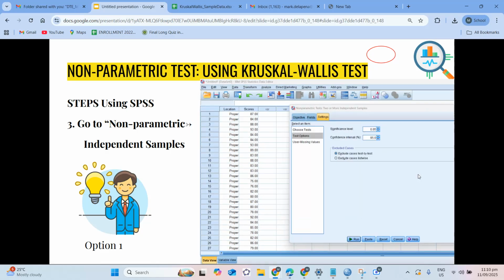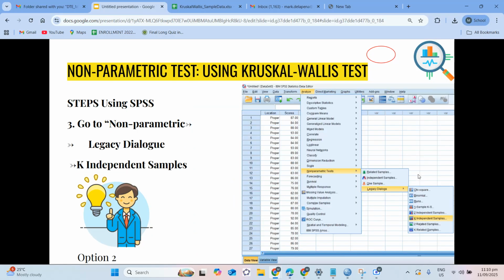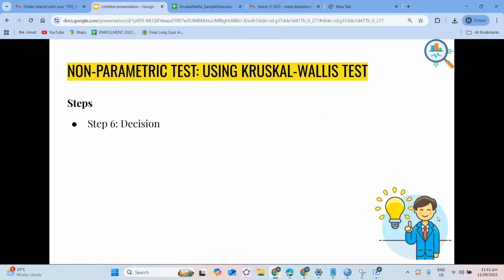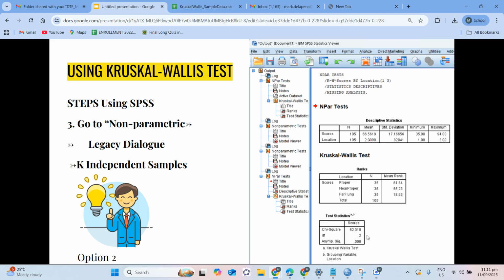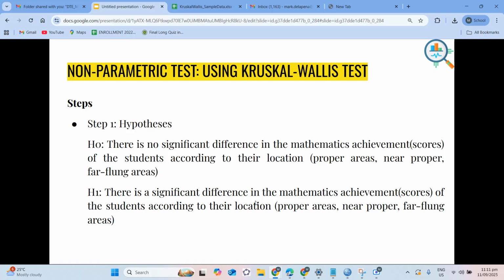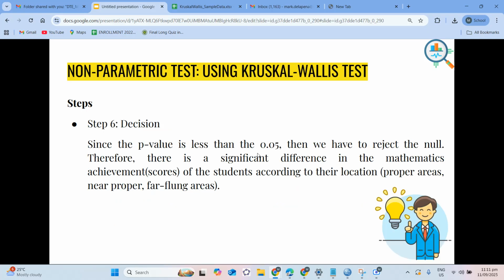My option 2 is non-parametric, legacy dialogs, and then K independent samples. The result here is less than 0.05, 0.000. Therefore, my decision is to reject the null hypothesis. Since it is less than 0.05, there is a significant difference.